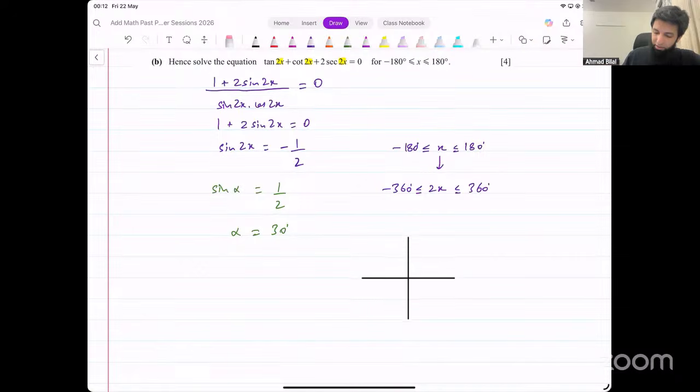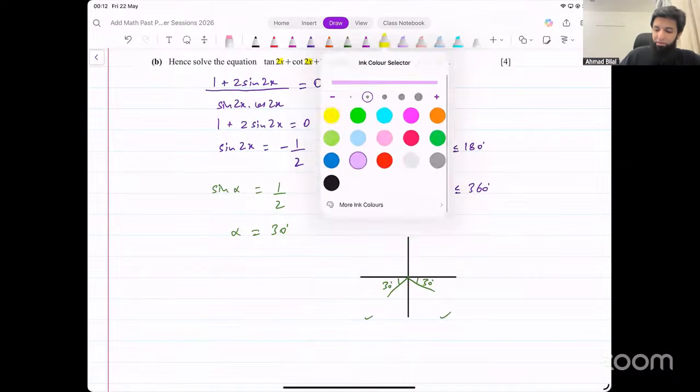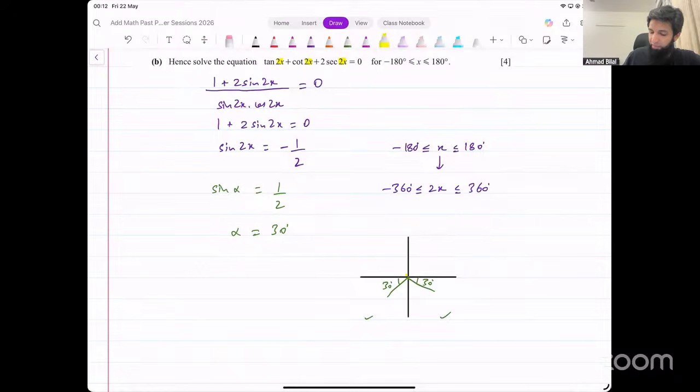Make quadrants. Sine is negative. Where is sine negative? Sine is negative in the third quadrant or in the fourth quadrant. So the basic angle 30 could either be here or the basic angle 30 could be here. Now, the interval that you're given is from negative 360 to positive 360. That means you're going to be looking for values in the positive direction as well as in the negative direction. In the positive direction, you have this one angle, which is 180 plus 30, 210. So you'll say 2x is equal to 180 plus 30, or 2x is equal to